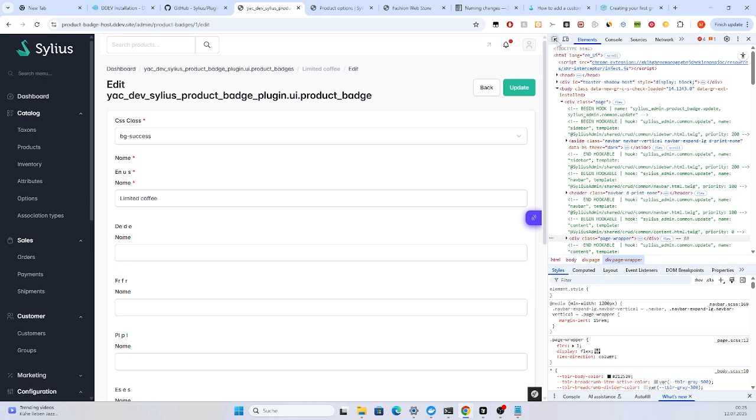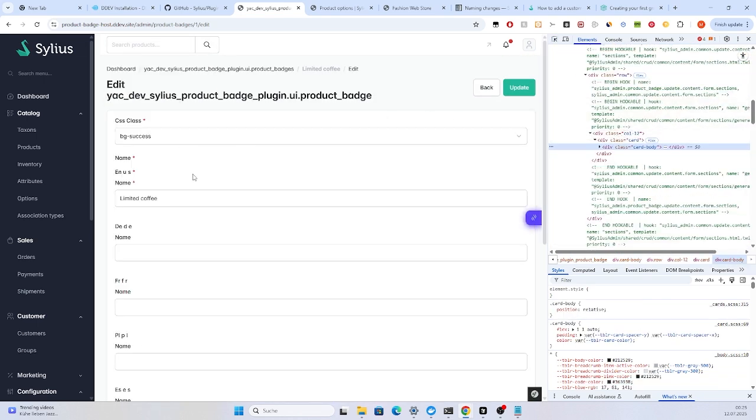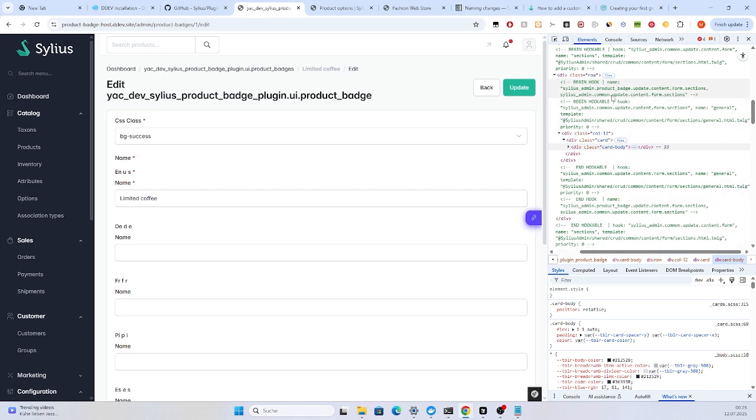So guys, let's say I want to change some things in my form, like how these translations, for example, are presented. So as you can see here, guys, there are hooks created by Sylius that I can change, and this is pretty nice when we are in debug mode. So when we are in the development mode, then we will see this as comments. So for example,